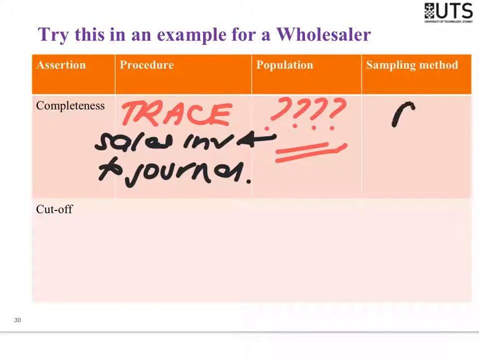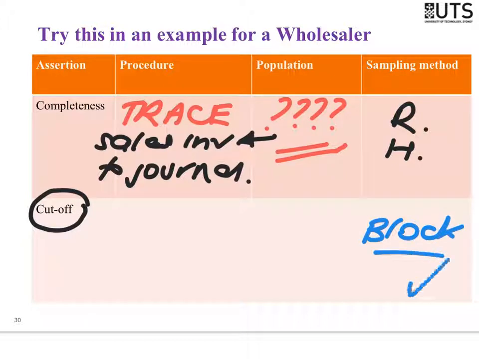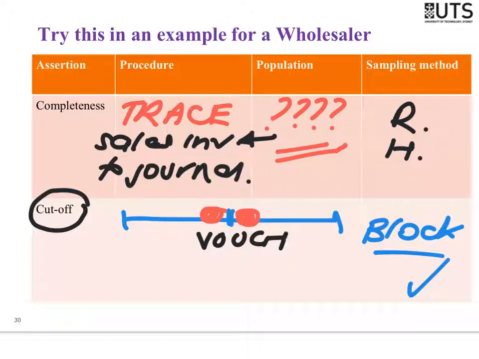And again, you can do any of the sampling methods that we have previously noted. Cut off. As soon as we get here, ladies and gentlemen, what's the sampling method we use? What is it? Good. So that one, tick straight off the bat. And what you do here, as I noted to you earlier, is around that 30th of June or around that year-end mark, you take the last week or the last fortnight's worth of transactions and the first week or the first fortnight's set of transactions for the next year, and you vouch them back